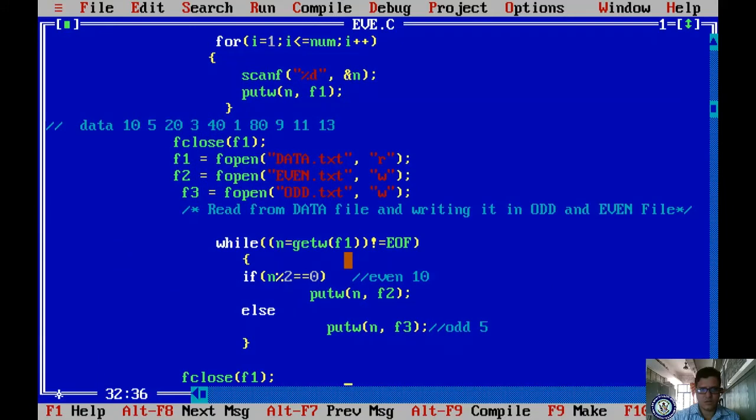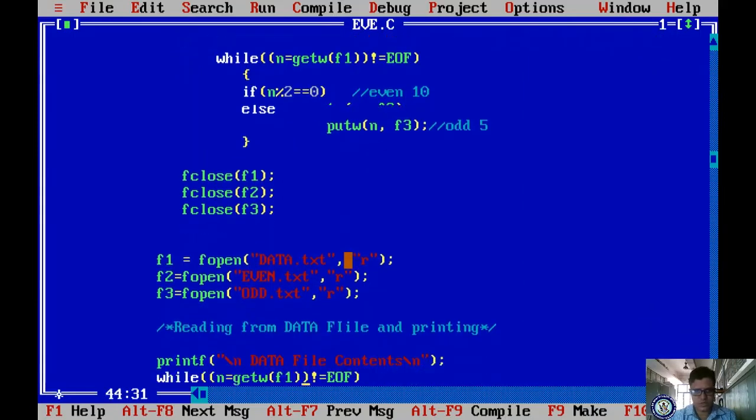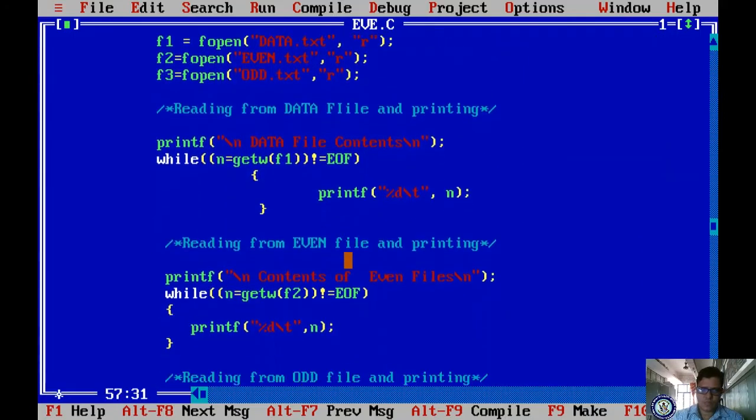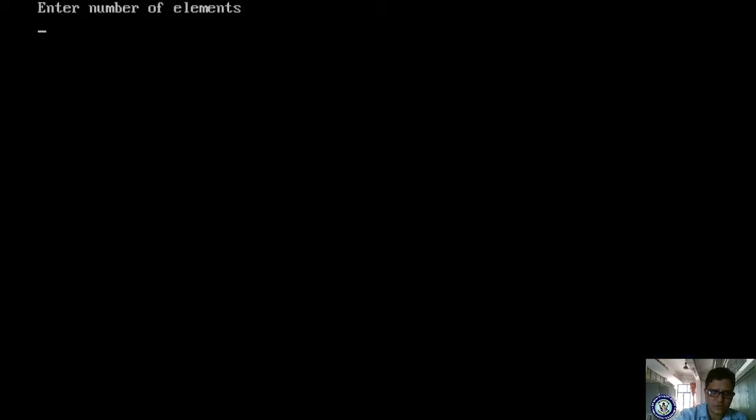I'm modifying to even .txt. It is a notepad file. Okay, let me check. Yes, that's it. I'm saving, Alt F9 and Control F9, and it is asking for 10 elements.